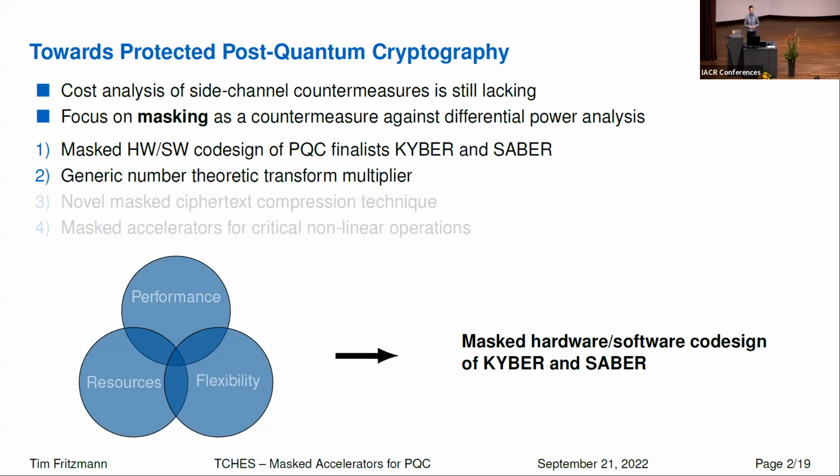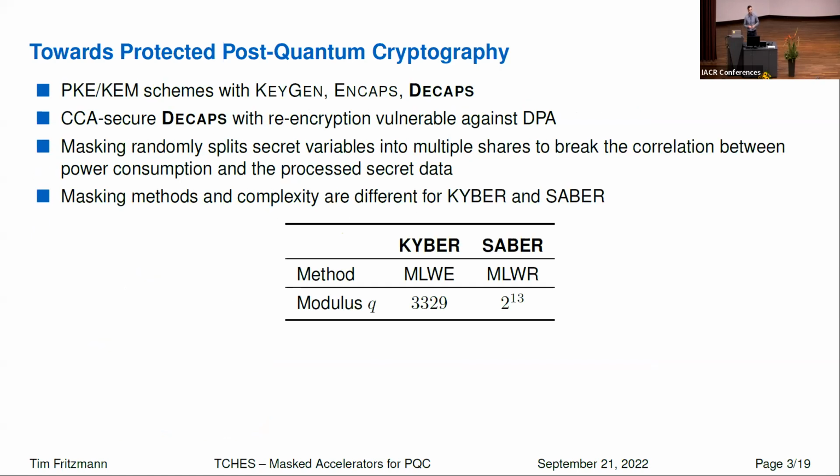We developed a generic number theoretic transform multiplier, which is suitable for most lattice-based schemes. And we developed a novel masked ciphertext compression technique and also masked accelerators for critical nonlinear operations. So a public key encryption scheme can be divided into the following operations: key generation, encapsulation, and decapsulation. Whereas the decapsulation is the most critical part, as it uses the long-term secret key in order to decrypt the